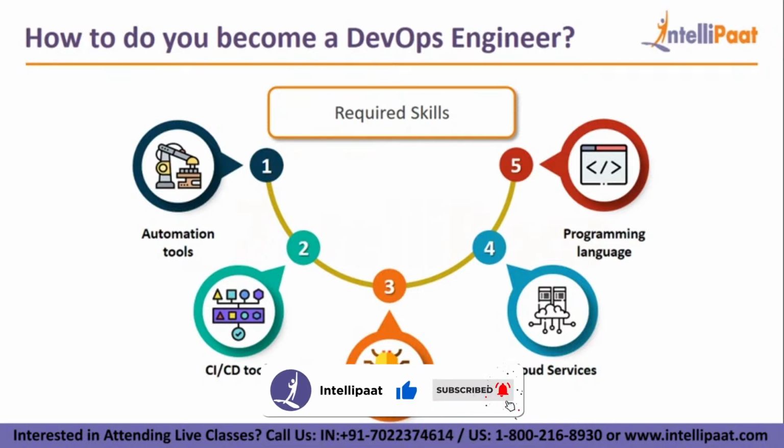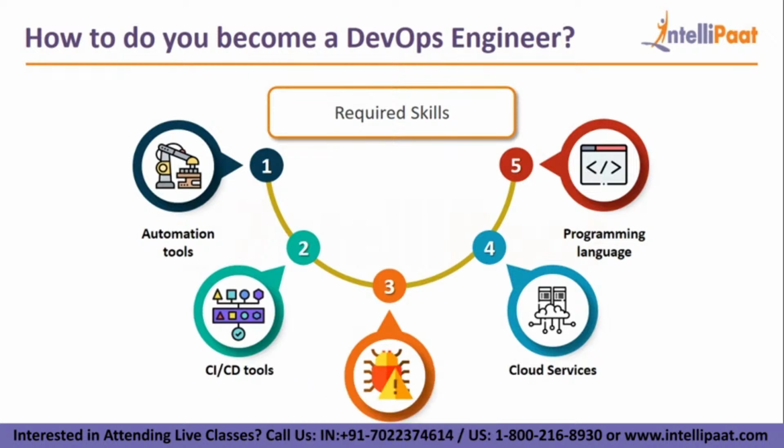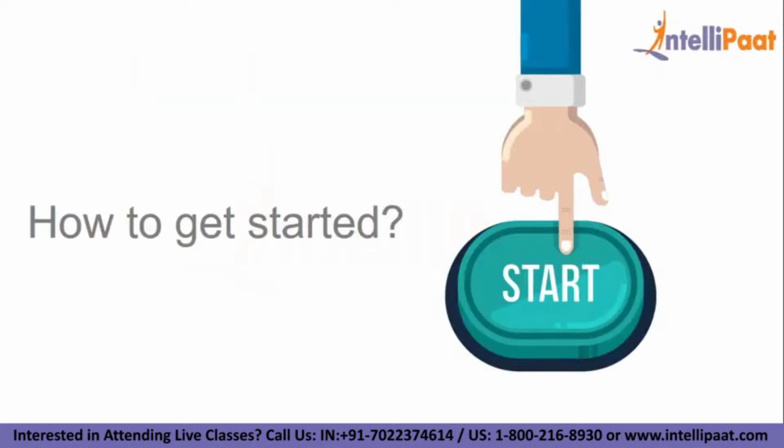At the same time, you should also have strong Linux skills. Okay, that is also an expectation from a DevOps engineer. And if you have these skills, you can become a DevOps engineer. Now, the next question is how to get started. How do you get started when you probably know either half of it, or three-quarters of it, or a quarter of it, or zero of it? And if you want to become a DevOps engineer, how do you go ahead and become one?